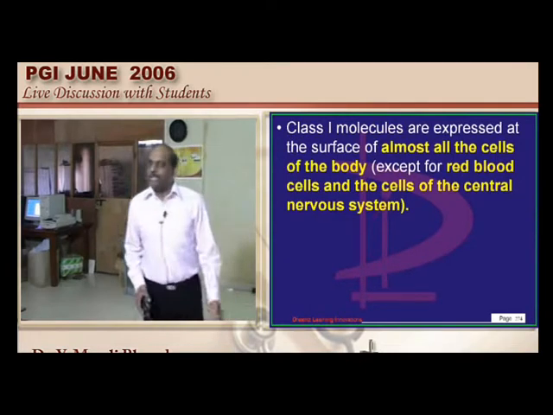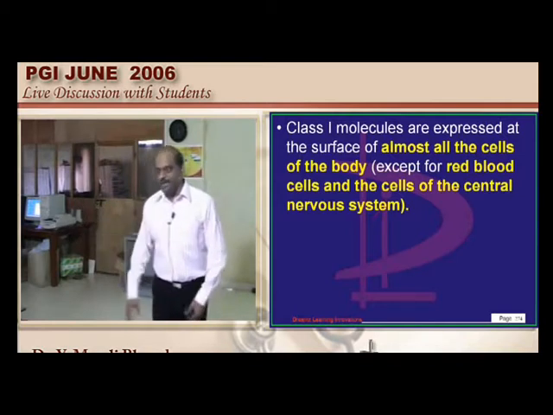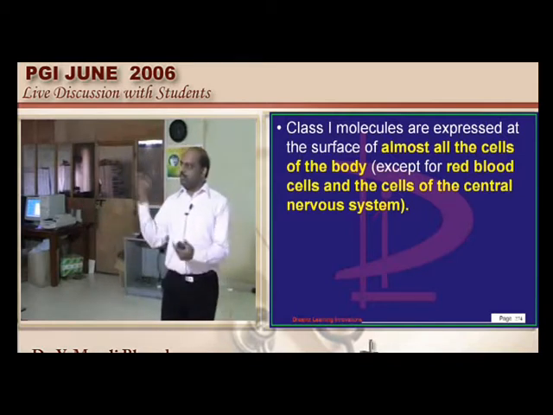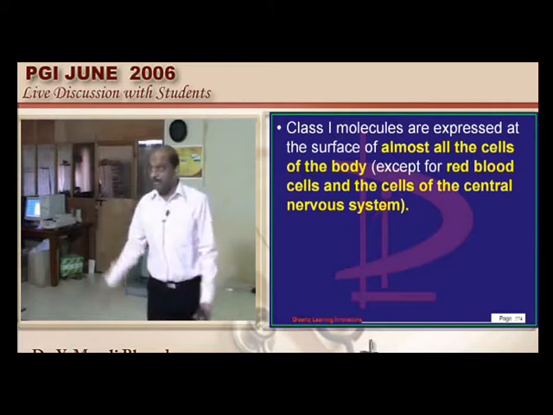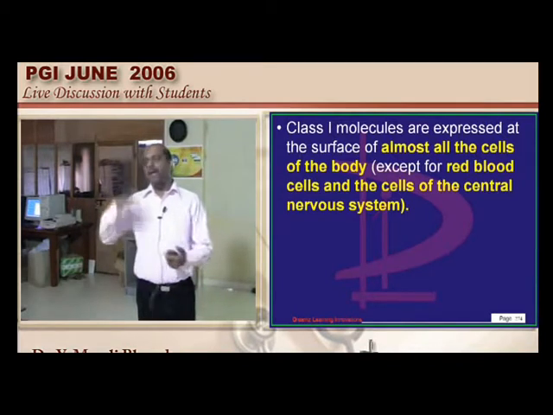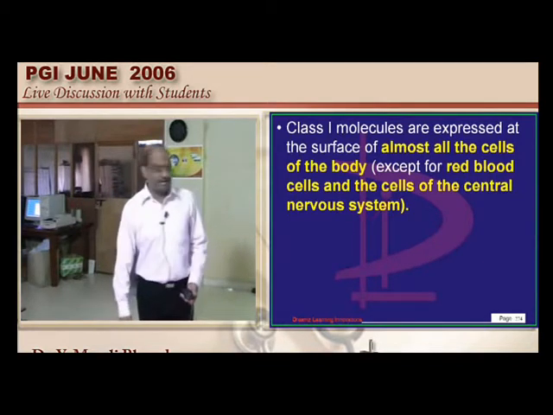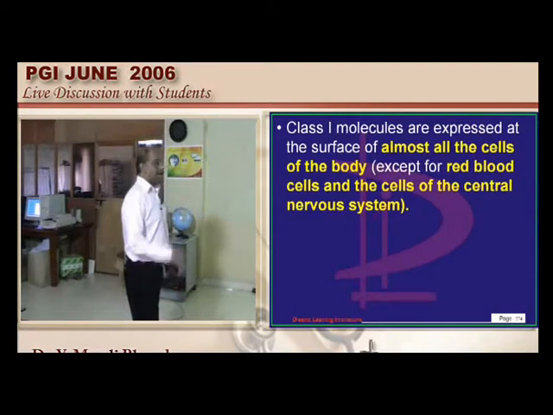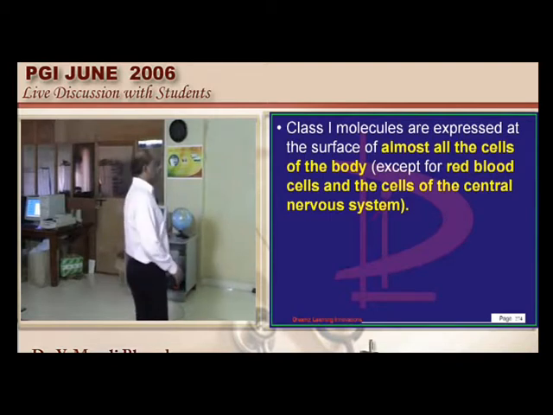Basically why do we require class 1, class 2? We need to know that Mr. Ramu is Ramu only, he is not Bhimu. Because Ramu's HLA1 is different from Bhimu's HLA1, because their chromosomes are different, because they did not inherit the same things from their respective parents, right? But RBCs, which are non-nucleated, and the CNS cells, they don't express the class 1 molecules, one of the favorite